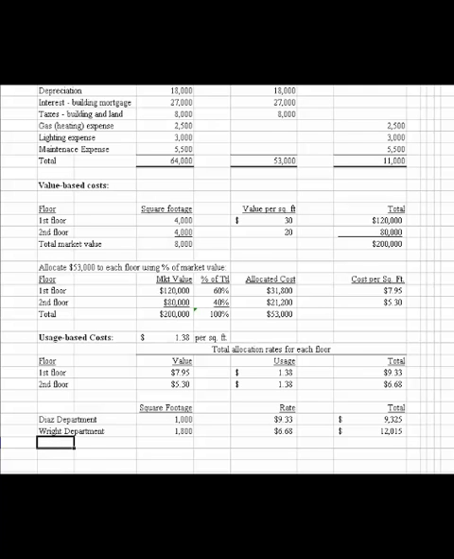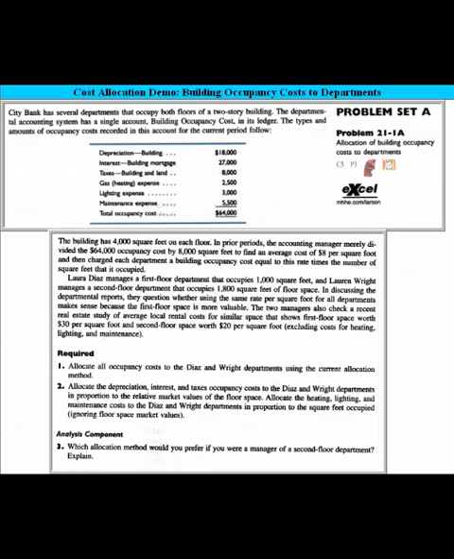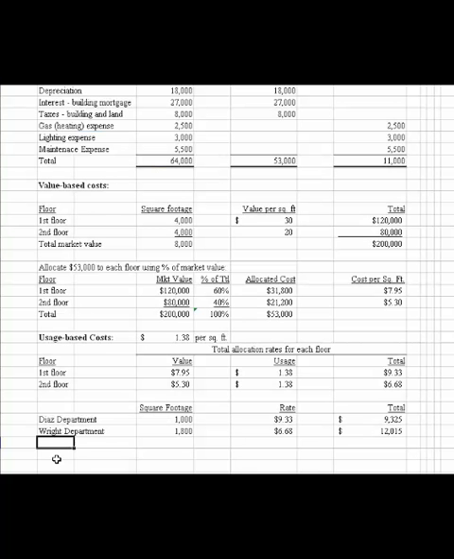Now, on part 3, let's read that. What allocation method would you prefer if you were manager of a second floor department? Okay, well, a second floor manager would prefer the allocation based on the market value, and that's reasonable and a logical approach to allocate occupancy cost. The current method implies that all the square footage is of equal value, but that doesn't seem logical for this type of occupancy. It also means the second floor space would be allocated a larger portion of cost under the current method, but less using an allocation